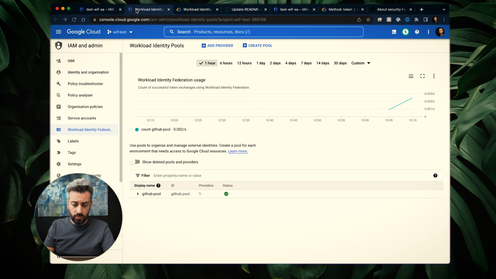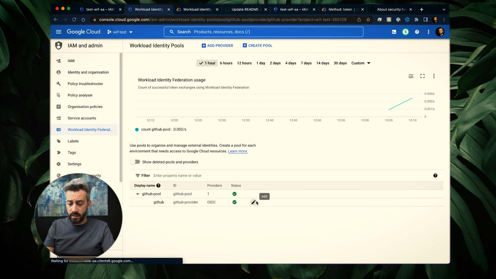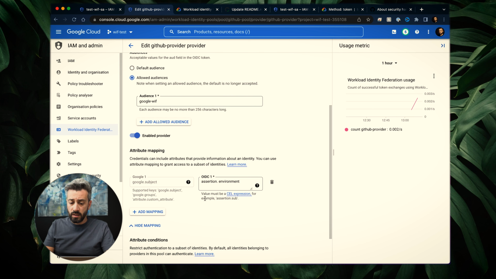So we're gonna go and modify again our subject. Note that you can add multiple mappings and they all need to match. So in this case, we're gonna do assertion dot,